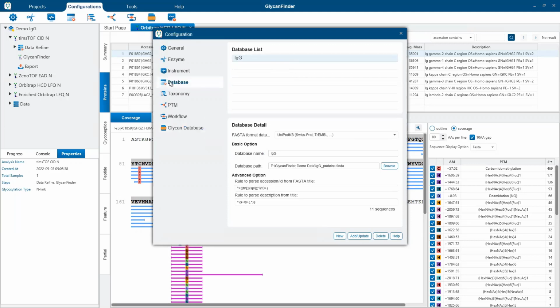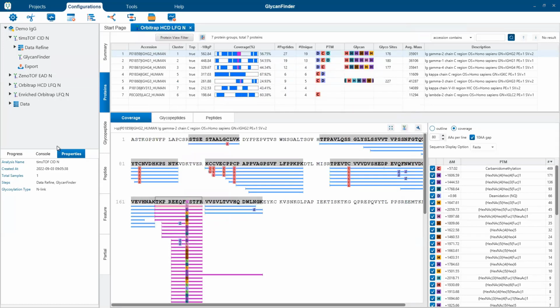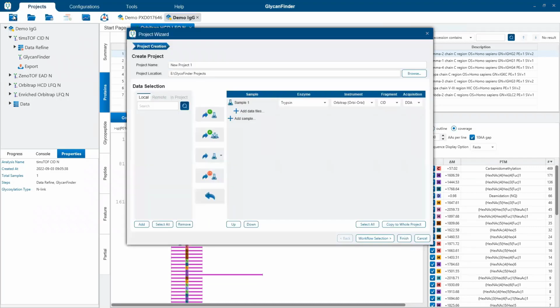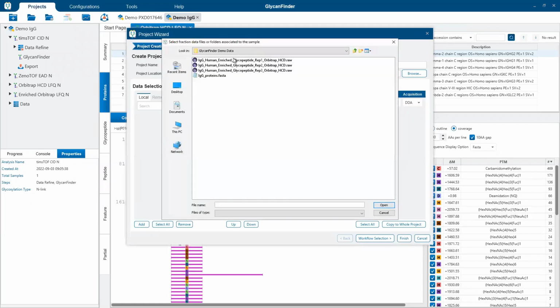And then in terms of your actual target protein sequence database, those are added in the same way from this list here. If you want to create a new project, you go top left, click this button here, click here to add your data. And I'm going to add the example that we've been talking about so far. So we have just 3 replicates of human IgG, and this is from a Q Exactive.